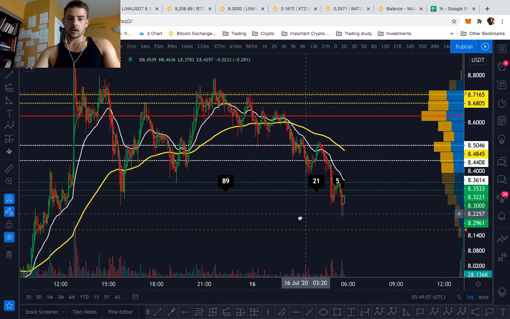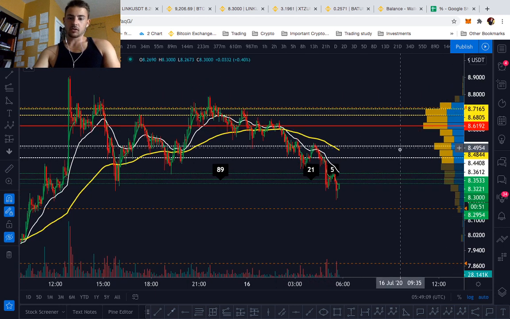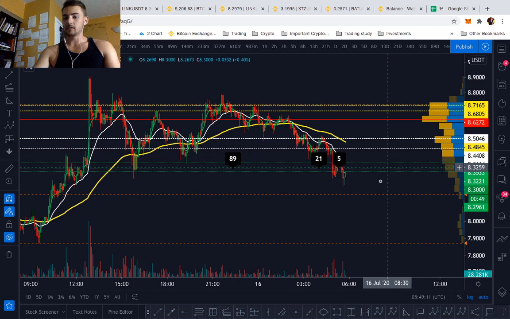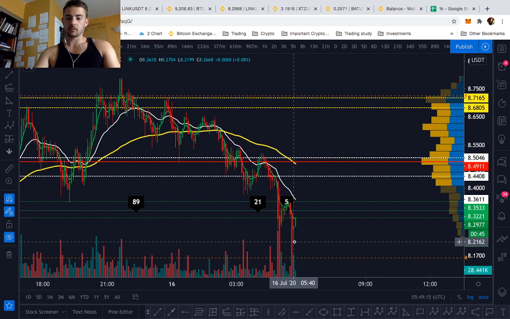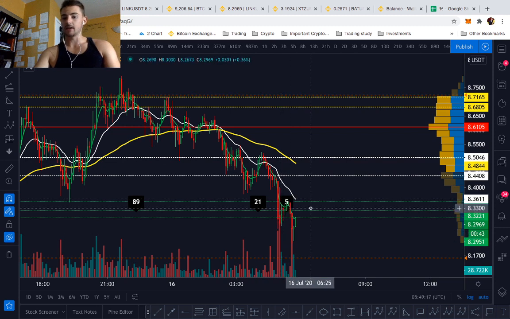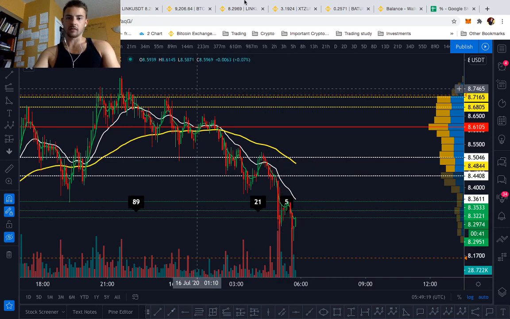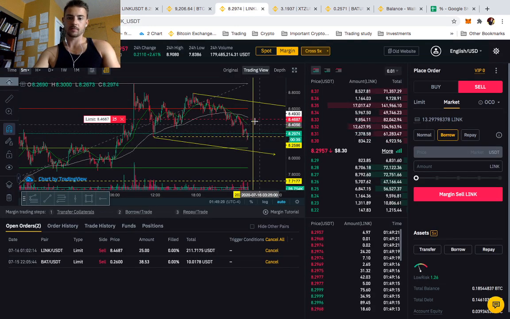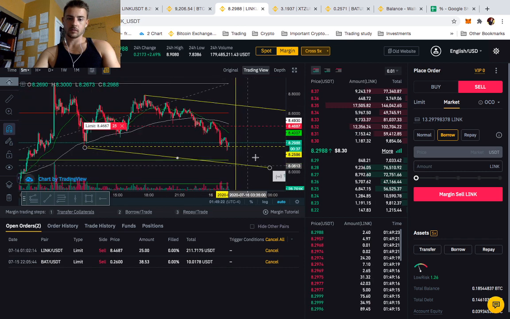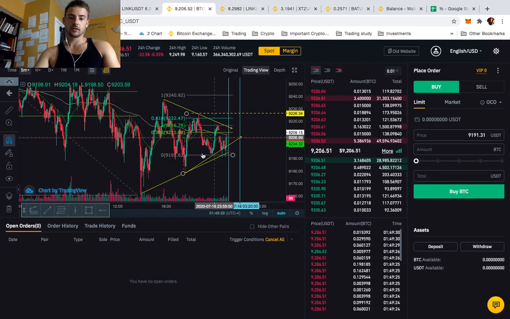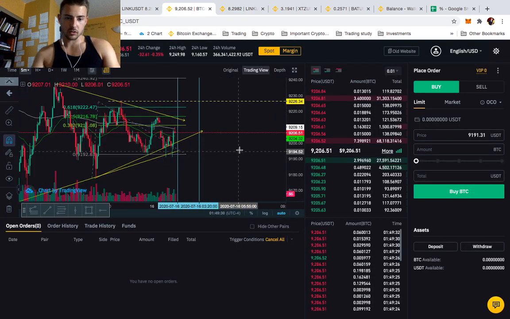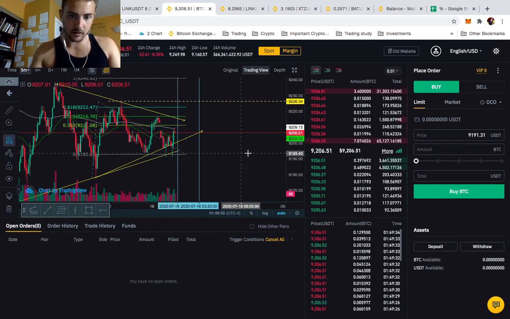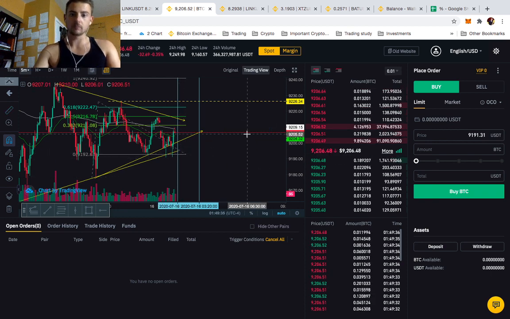So I'm still deciding if I want to just let it ride, because if it's another one of these, it could be a good add. That's why I still have my sell right here. Okay, but yeah, 1% it went up. Here's Bitcoin. It's got this symmetrical triangle, and it is finding some support right here, the Bitcoin.